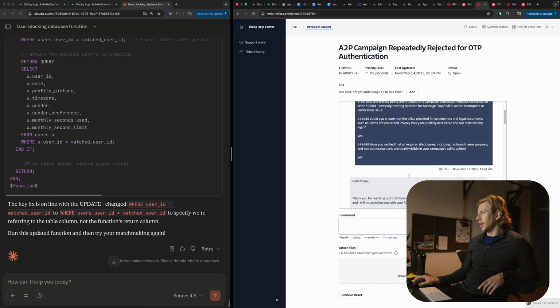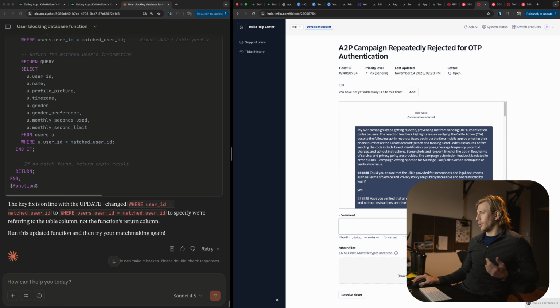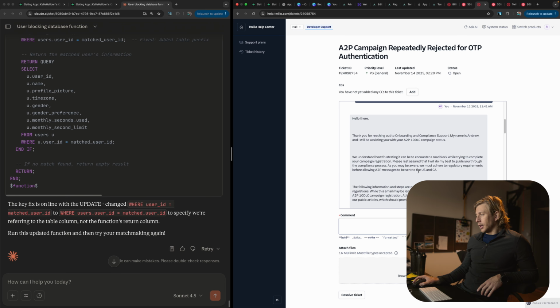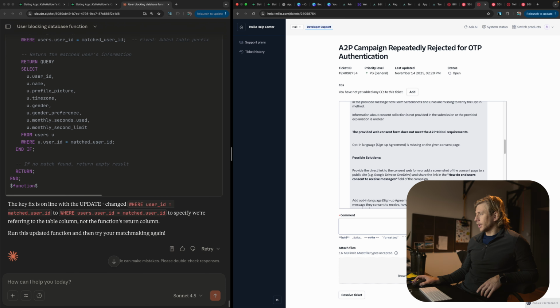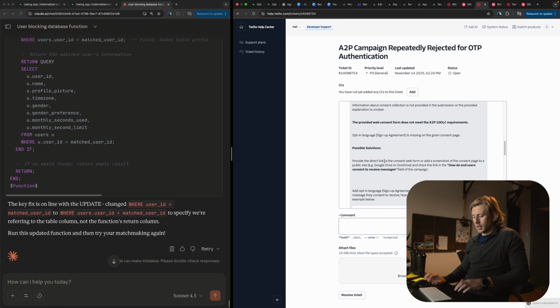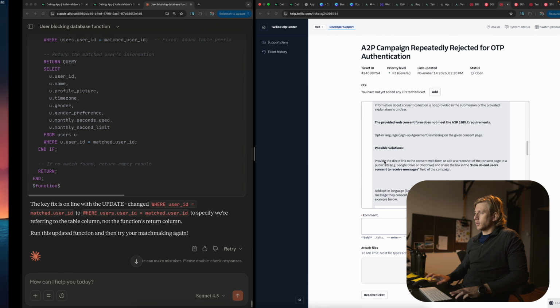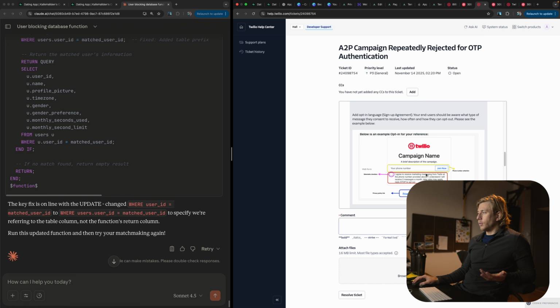Because in my campaign message, there are links to screenshots of the actual opt-in method. I guess there isn't really an opt-in method that looks the way it looks here. So the only thing I could think of is that you have to have this text here where it says, I agree to receive marketing messaging from Twilio at the phone number provided above.